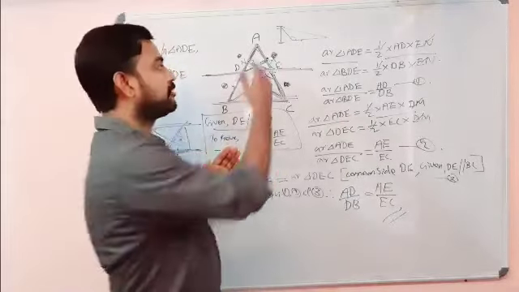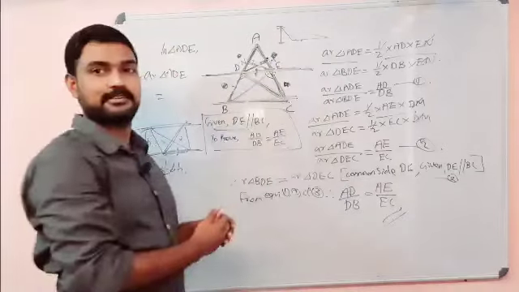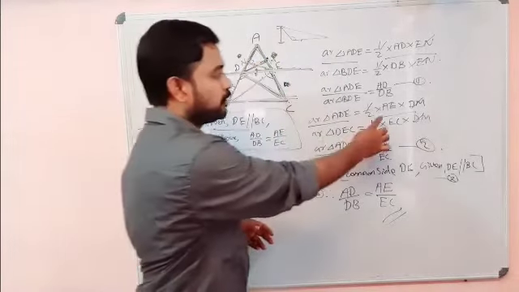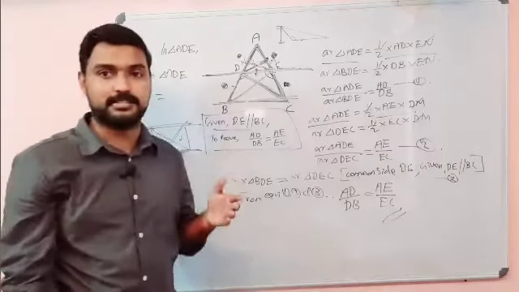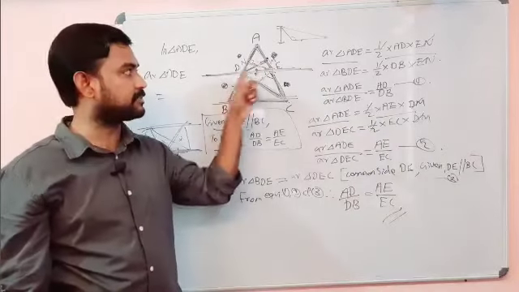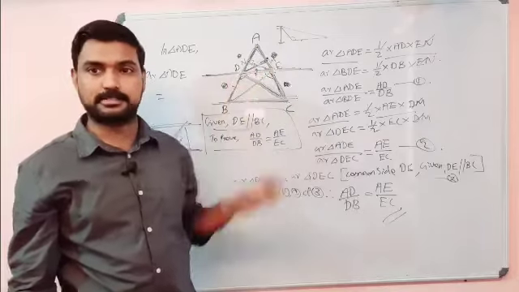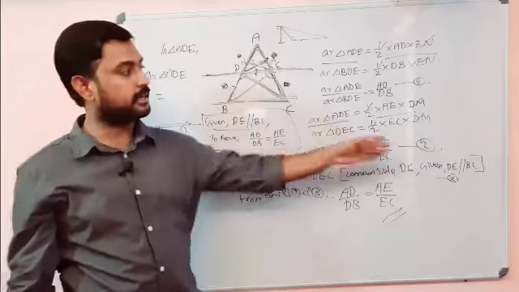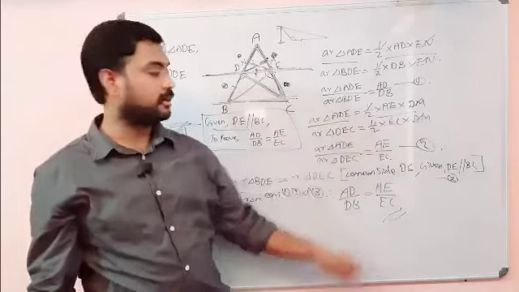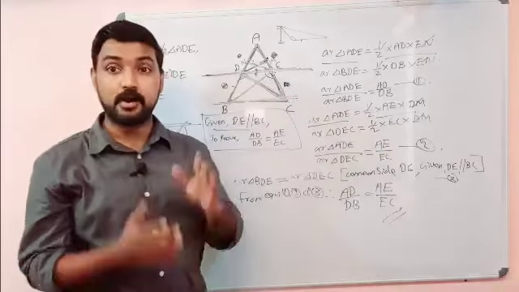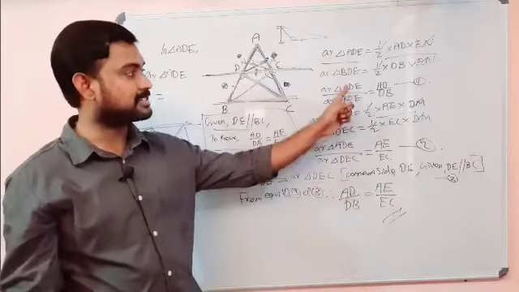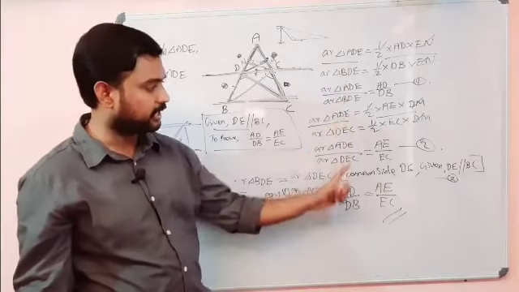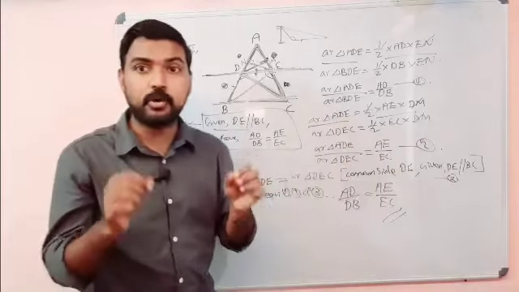Similarly, we did it by standing on the right side. By standing here, AE is the base. So half into AE into DM. DM is the new height, because AE is the base, so from D we draw the height. The same height is there and another triangle is there, DEC. Their areas are also written and we divided, we got AE by EC. After this we observed the left sides are the same, ADE, here ADE. But the denominators are different, here BDE, here DEC. But we observed this.